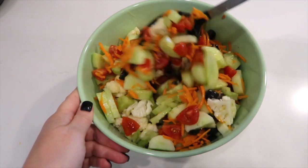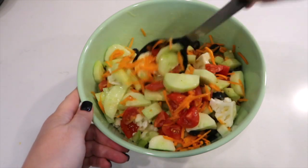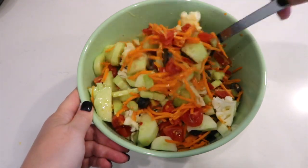I just pour the Italian dressing in until everything looks coated, and then I'll just count the 1 point when